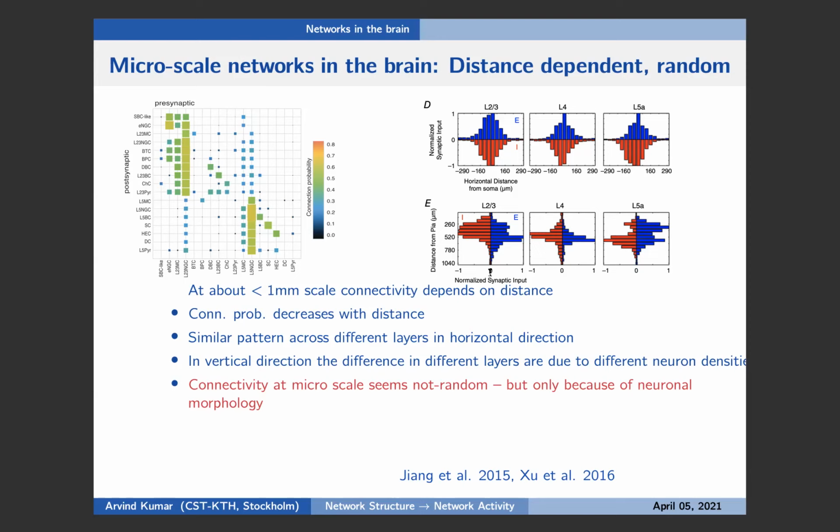If we do separate neurons into classes, then Tolia's lab published this beautiful data where they showed that different types of cells connect to each other with different probabilities. And if you look at just this connectivity matrix, it looks pretty non-random. But they argued that if we correct this matrix for the size of the neurons, then the connectivity is pretty much distance dependent and random. So we need to take into account the specific shapes of the neurons.